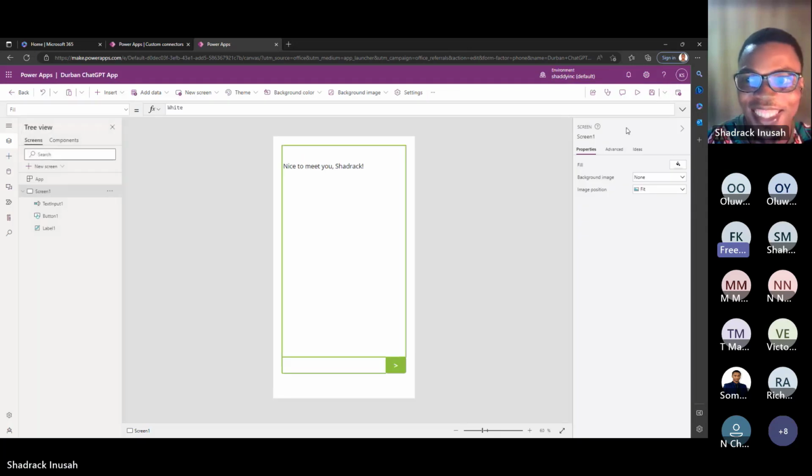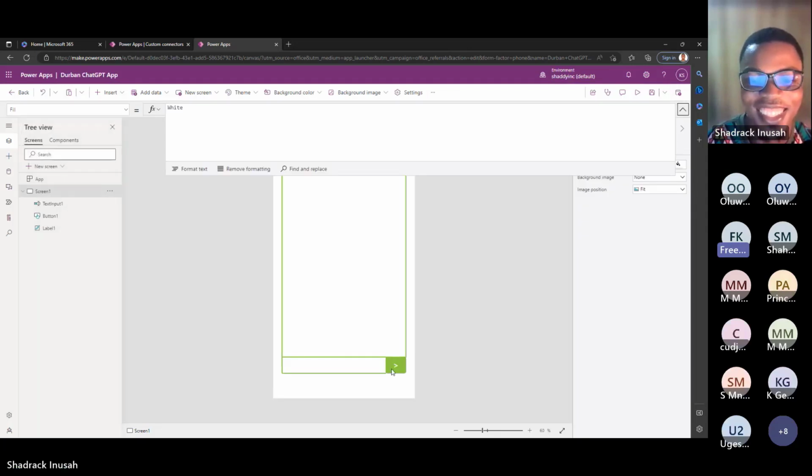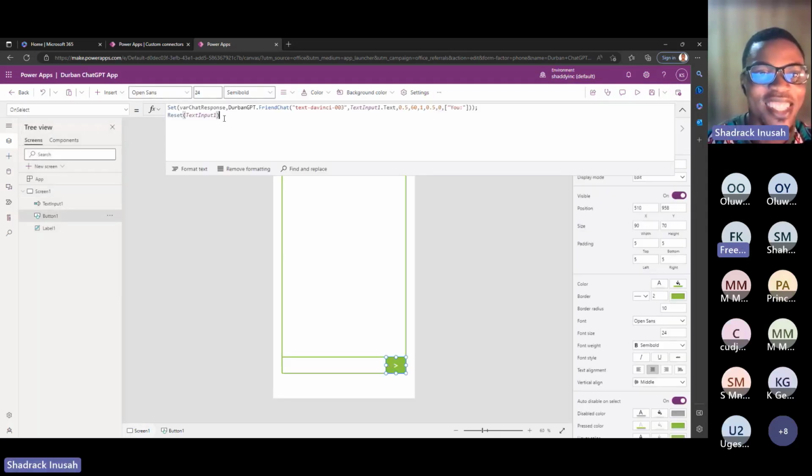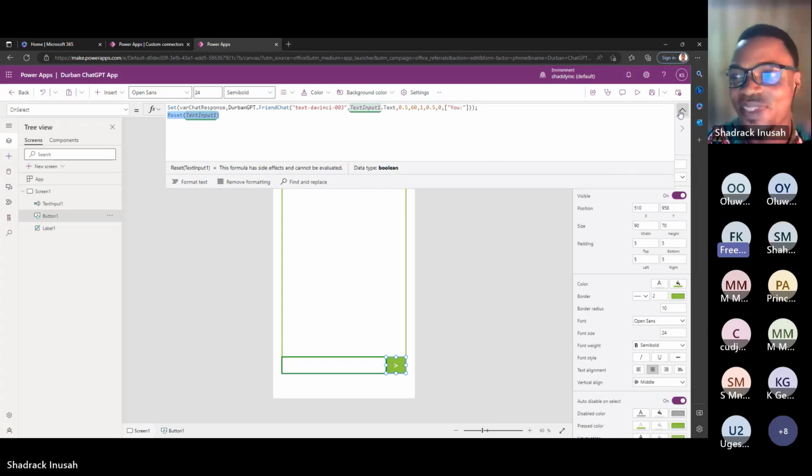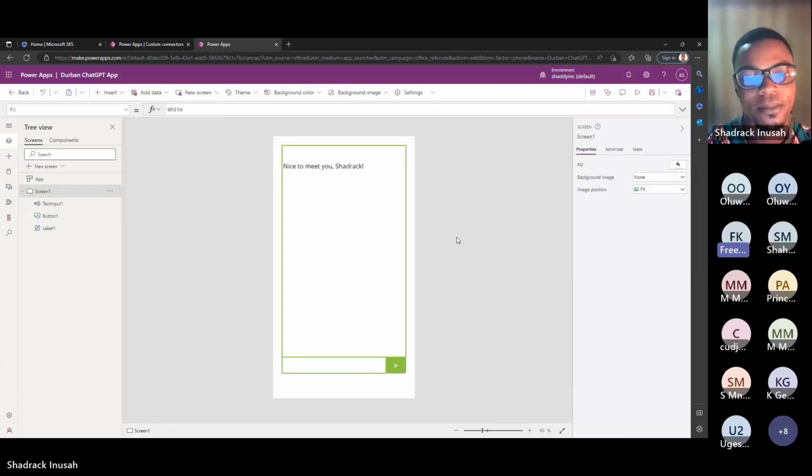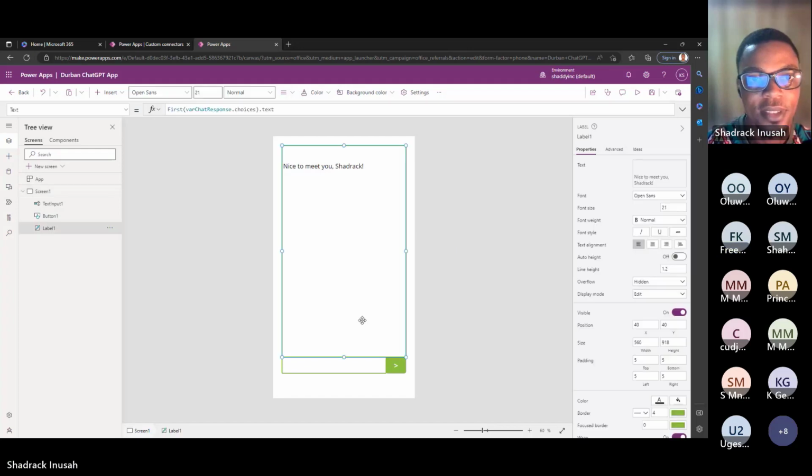Great, thanks. So that's one. Yes, that's nice. Another one has to do with the response that you get. I see that you call the first function, and then of course you retrieve the text.